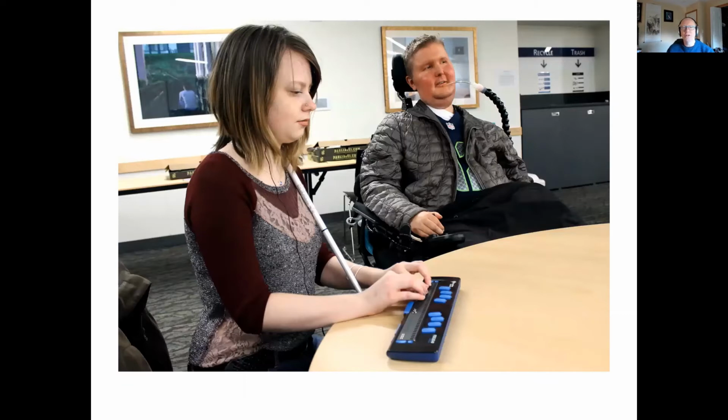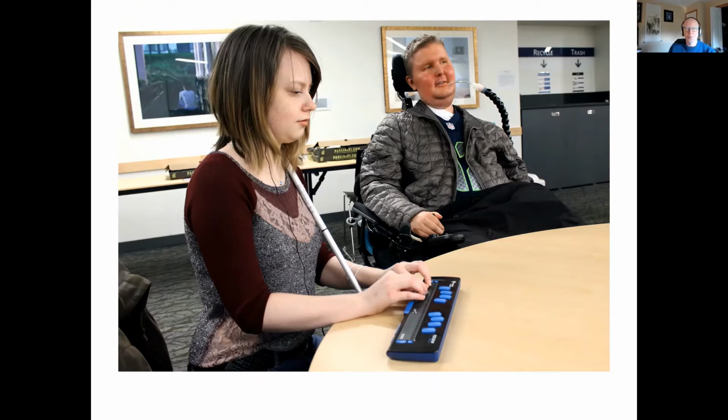Here's Courtney again, but this time she's shown with her friend Conrad. Conrad got a law degree from the University of Washington and is now a prominent civil rights attorney in Seattle. He has a number of awards and accolades related to his pursuit of that law degree over the years. Also an avid Seahawks fan, you can see by the shirt that he's wearing there. But he has very limited upper body mobility, and so his primary means of interacting with the computer is speech. He's doing everything by voice. He also uses some other assistive technologies, but not a keyboard and not a mouse.